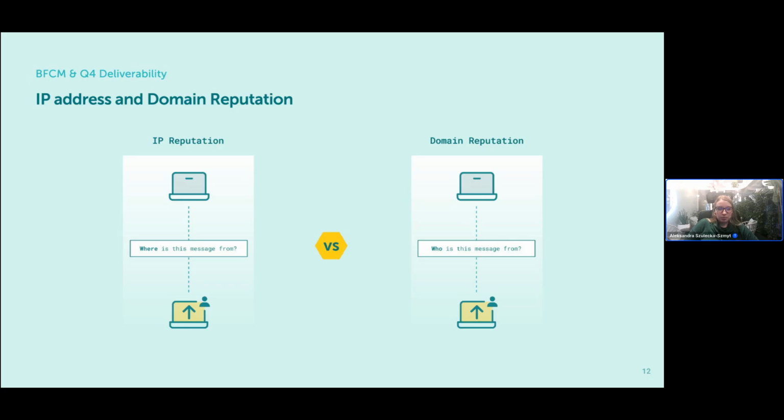So if you use, for example, the Google Postmaster tool, it is important to monitor which IP address and which server contributed to the certain reputation that is displayed on the graph. And IP reputation is a factor that should also be taken into account while choosing between shared and dedicated IP address.